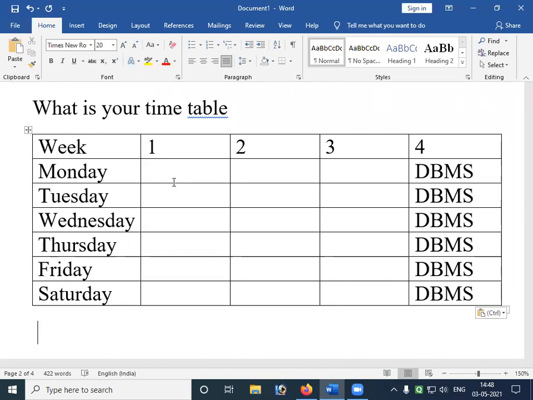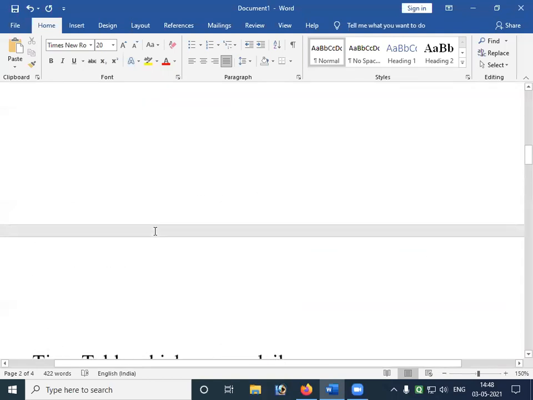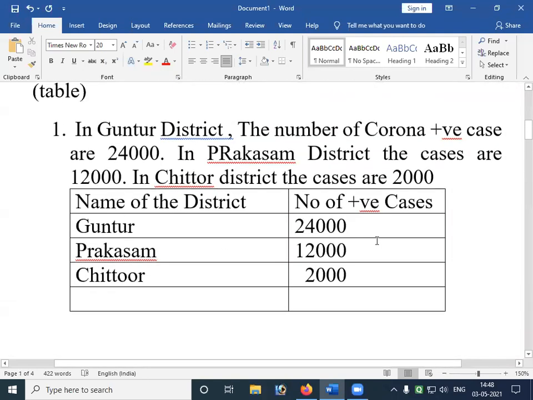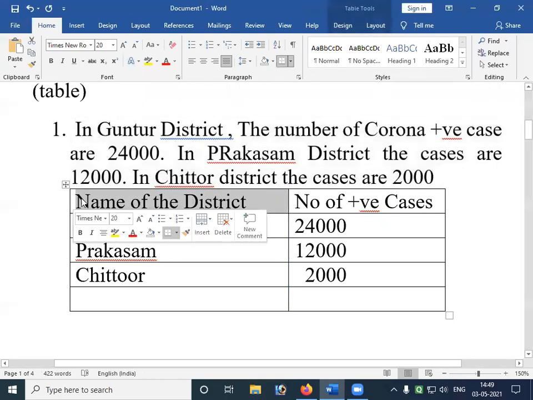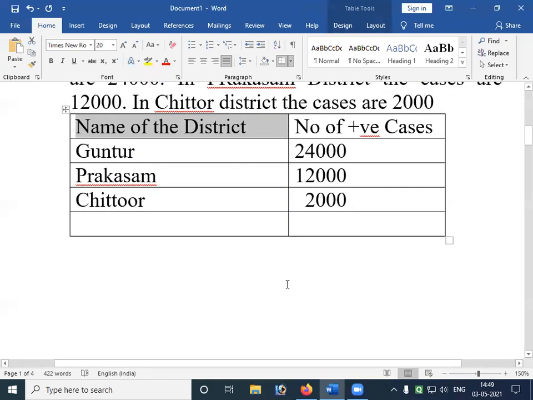So this is the depth of our relational database model, RDBMS. Hope you understood, right? I have shown you an example of some data written as a story, and converted this story as a table.